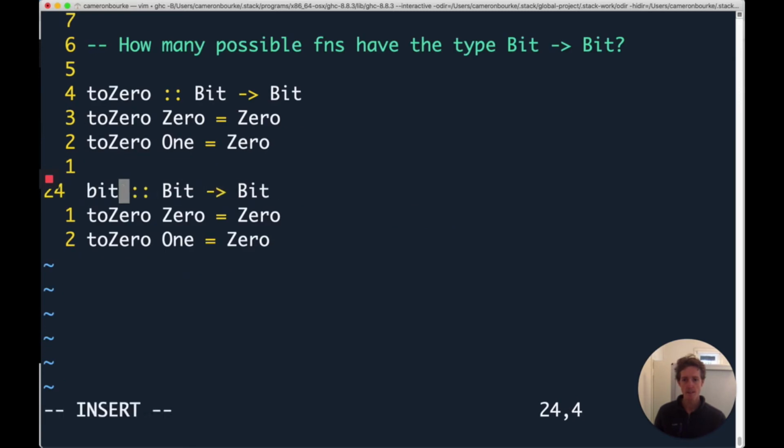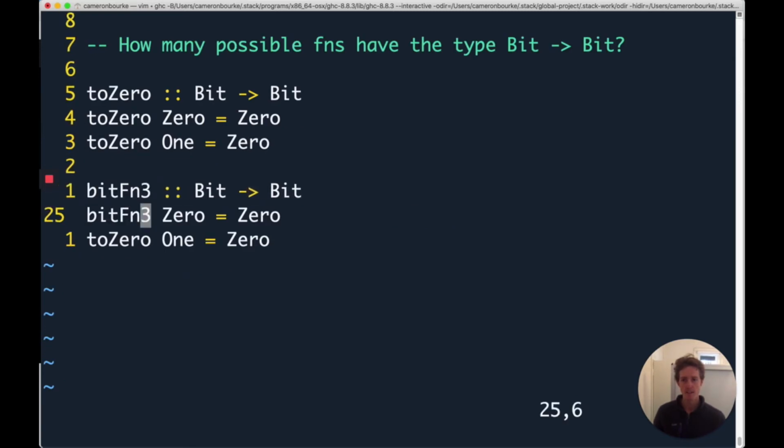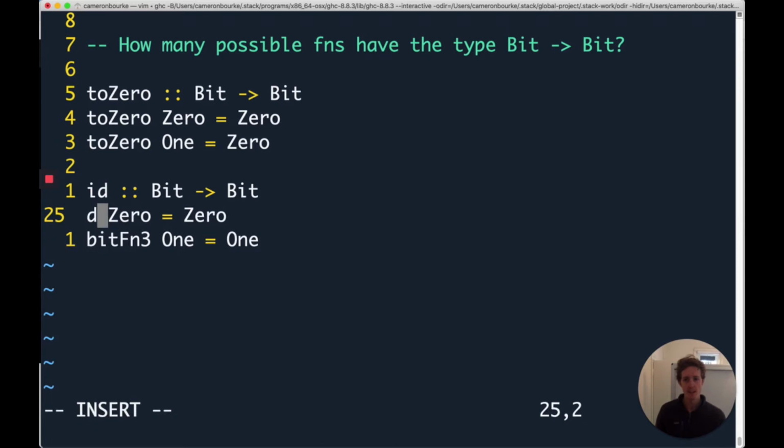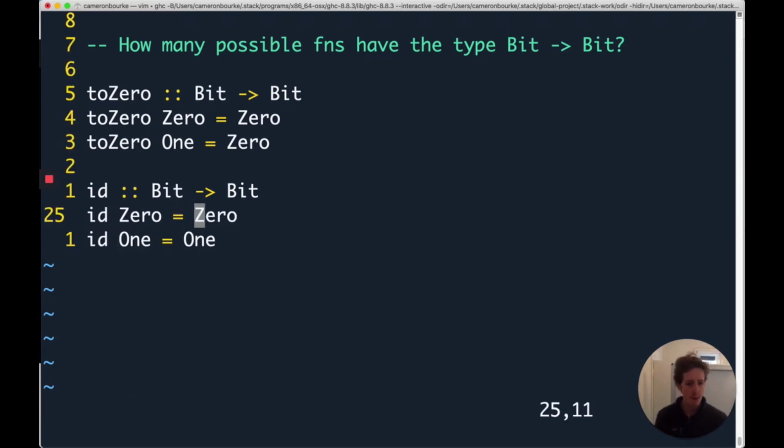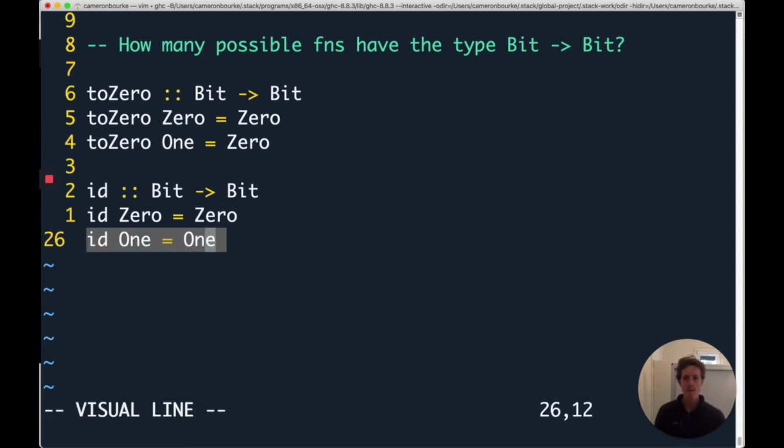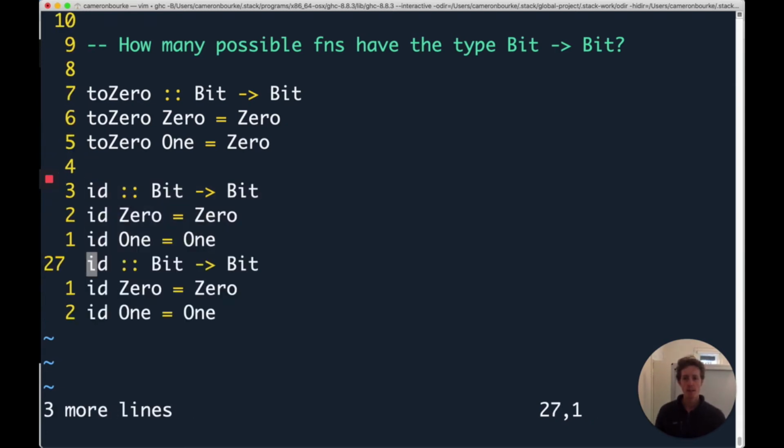Likewise, if I had bit function 3, well, I could say, instead of 0, 0, if you give me 1, I'll give you 1. And here, it kind of looks like we just implement the identity function, right? That given a 0, I'll always give you back what you give me. And that means there's actually only one more combination that we have left out,